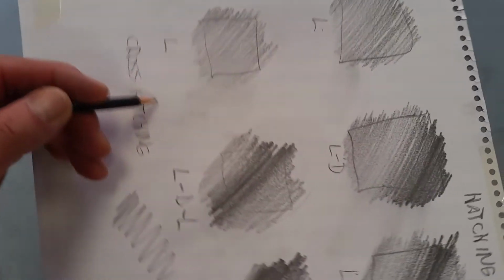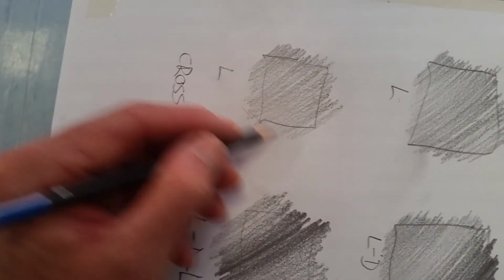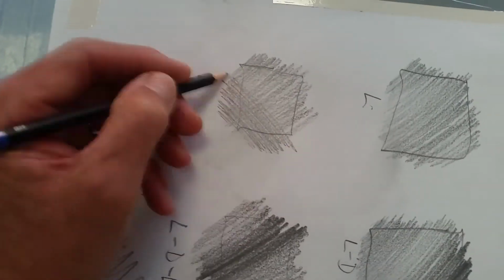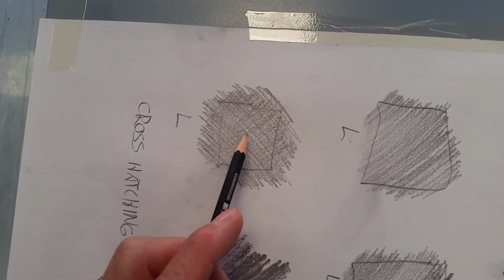So here we have to come at it from the opposite angle. So this is a second layer of graphite that goes over the paper, and it works like a lens to prevent the light from reflecting through, and it gives us a texture. You can see the difference between that light one and this light one, where the second layer gives us some texture on it. Light to dark to light,